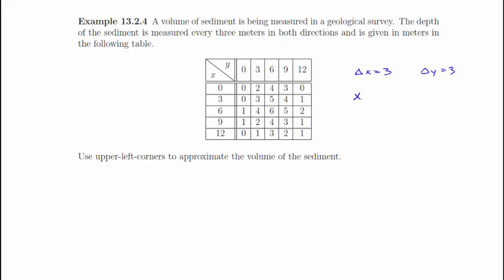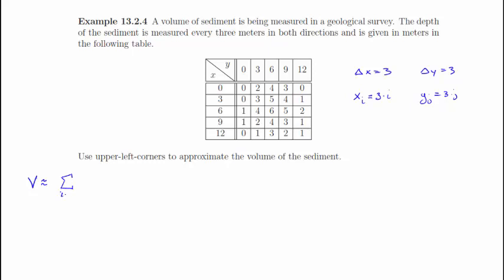So if we then think our x sub i is going to be starting at 0, and then the delta x is 3 times i, my y sub j is going to be 3 times j, because again y starts at 0. So the volume is approximately, no limit now, we're going to take the sum